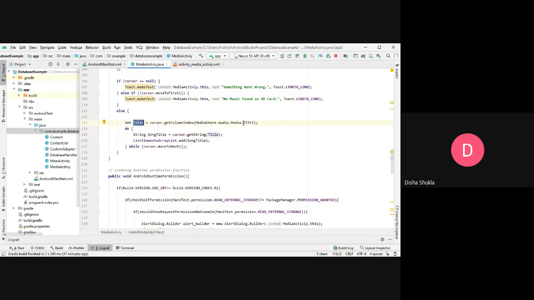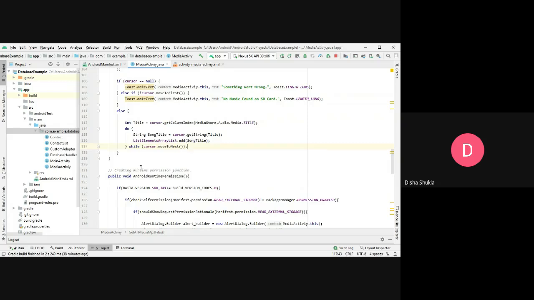From here I am getting the index of that particular song inside this integer variable, and using that integer variable I am getting the name of the song inside this string variable called songTitle. And after that, as soon as I get the song, I am adding all those strings inside my array list using the add method. And here is my closing condition, cursor dot moveToNext.